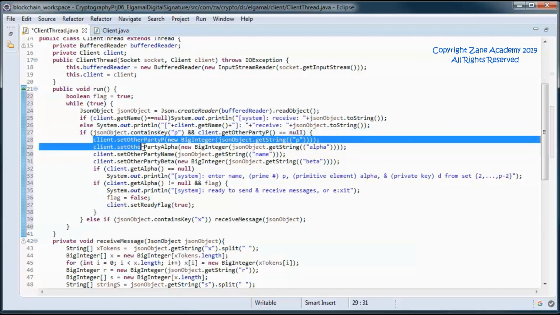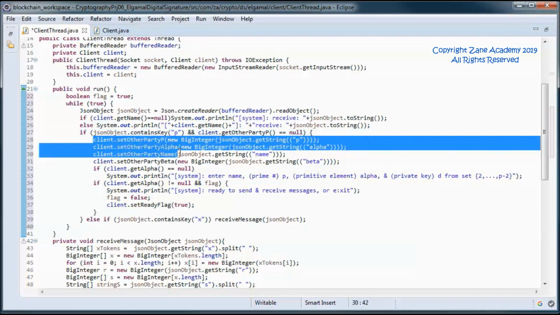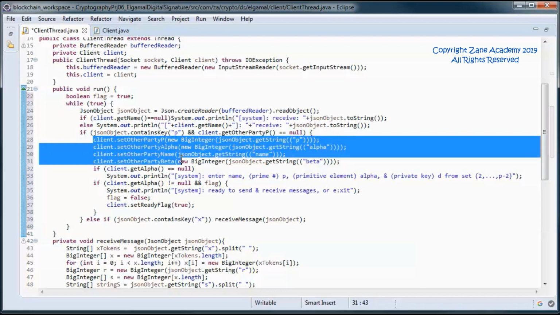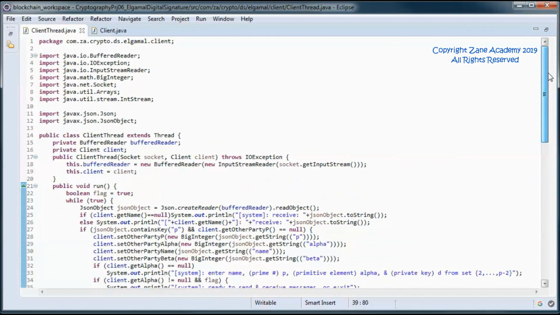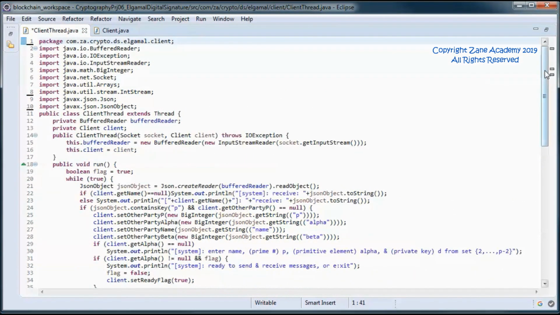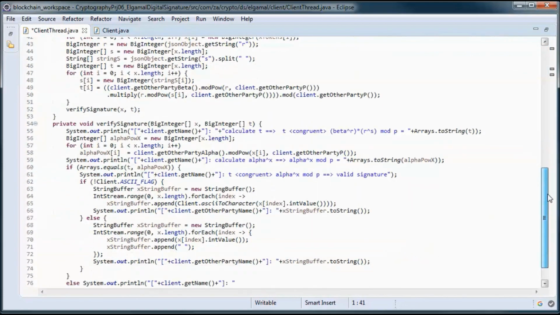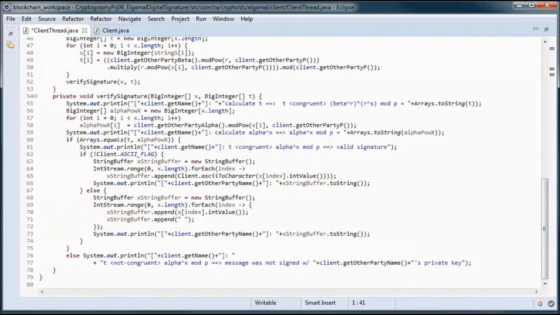So here we set the name and p and alpha and beta for the other party, and here we end up calling the receive message method. So this should do it for this class.